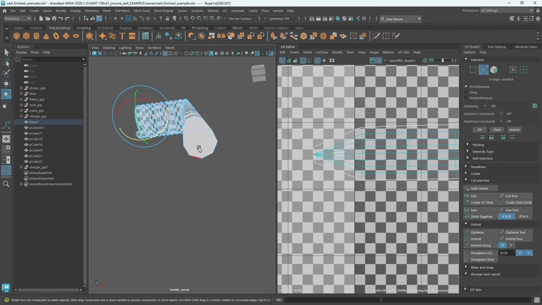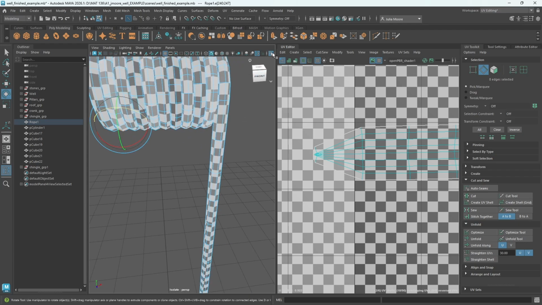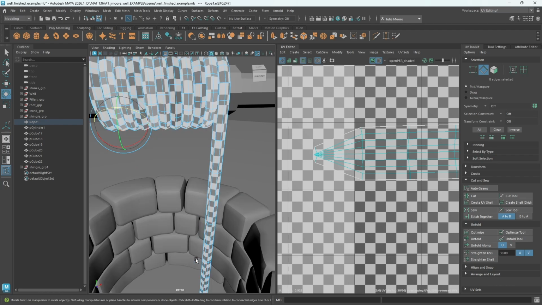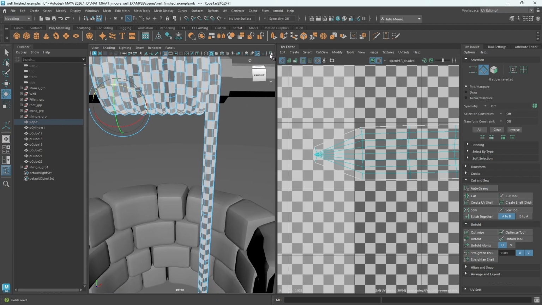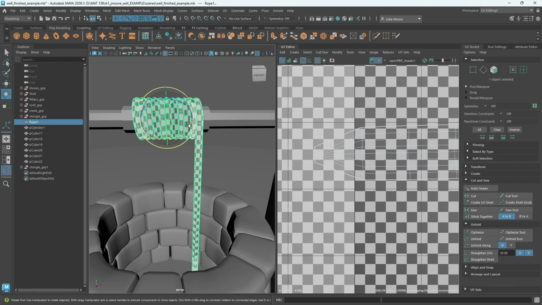But this is not even going to be visible. If you remember, this part of the rope is actually sitting inside of the well. So I'm not going to worry about doing that. Now, you may be working with a director in the future who wants perfection and says, I'm not okay with